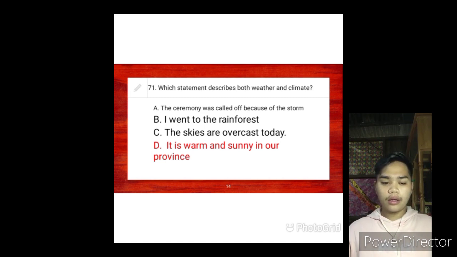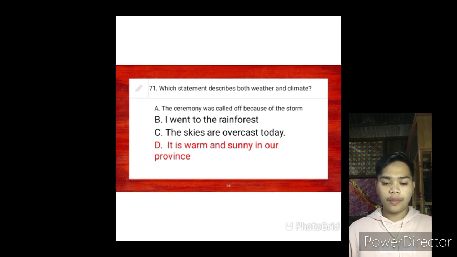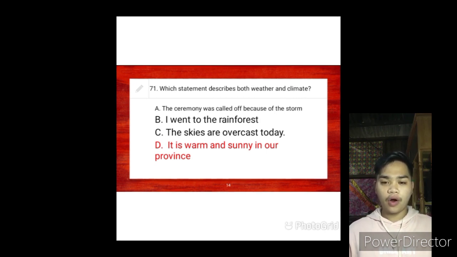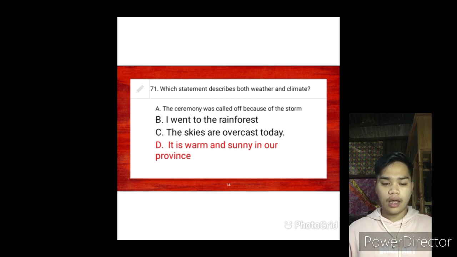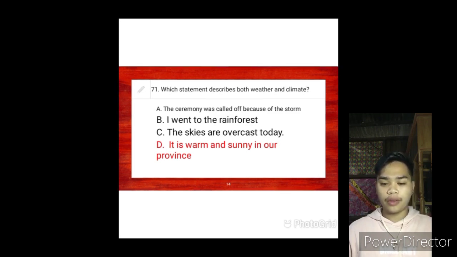Number 71. Which statement describes both weather and climate? Letter A. The ceremony was called off because of the weather. Letter B. I went to the rainforest. Letter C. The skies were overcast today. Letter D. It is warm and sunny in our province. So let's take a look at letter A. The ceremony was called off because of the weather. So only weather is